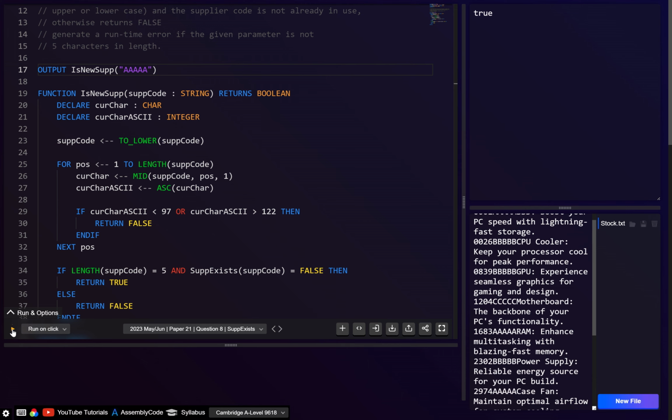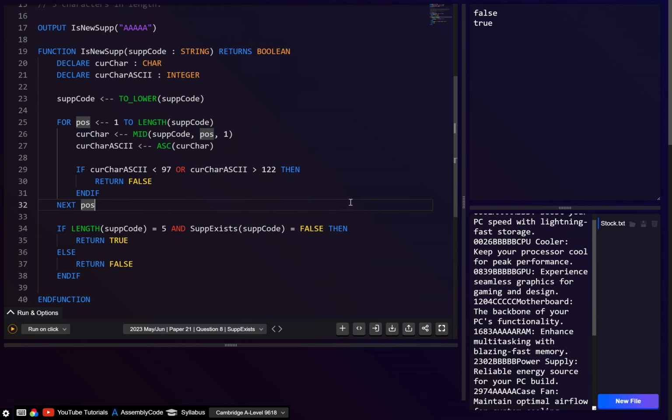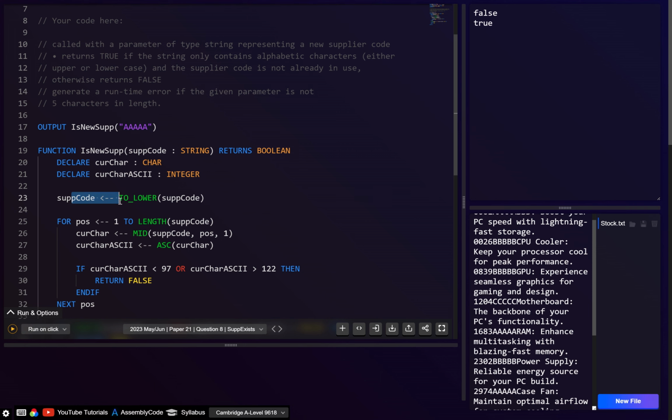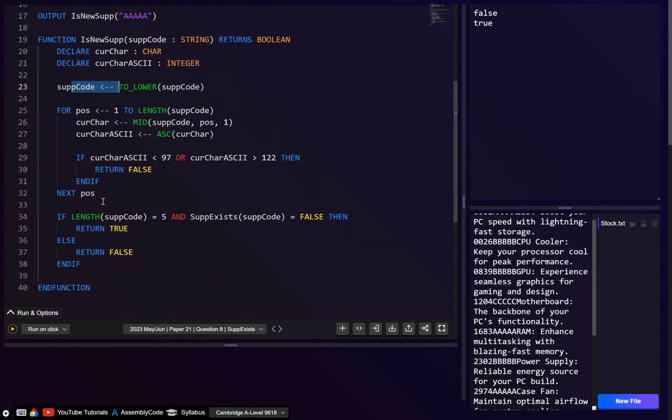This should say false. Okay, so there is actually a small little bug with this method, and the reason is, this supplier exists. We've converted this supplier code into lowercase, therefore the supplier with capital A's is of course going to be different to the new supplier code with lowercase a's. So we could rearrange this where, for example,